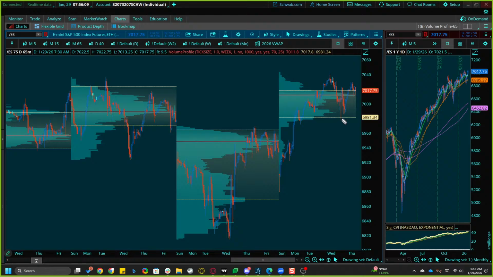If we break our value area low, which is really the full low of yesterday, it gets really thin, really fast, and that should get us right down into that 69.50. Remember, we're running 50s. So that's the downside target if we don't flip over at 111 and 1236.